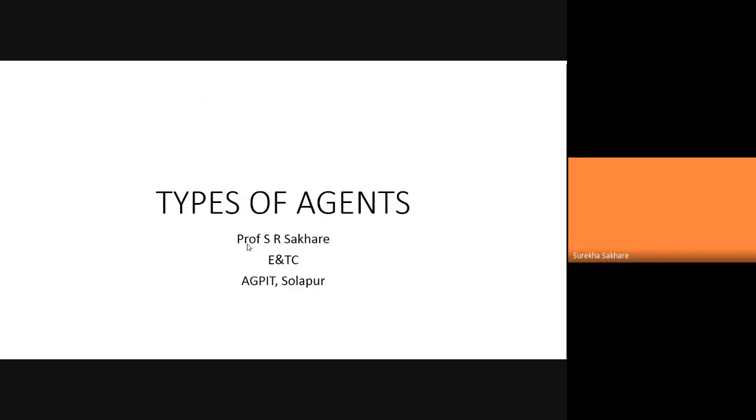Okay. In the last class, we had seen the different types of environment in which the rational agent or the intelligent agent can work, meaning it can face many types of environments, and accordingly it has to think which environment is going to give the solution, and in how much terms. The performance measure depends upon the type of the environment considered by the problem. Okay, so let us get into this types of agents topic.